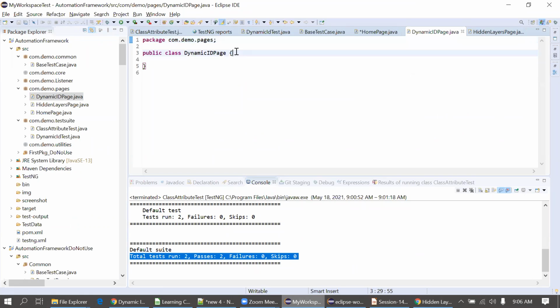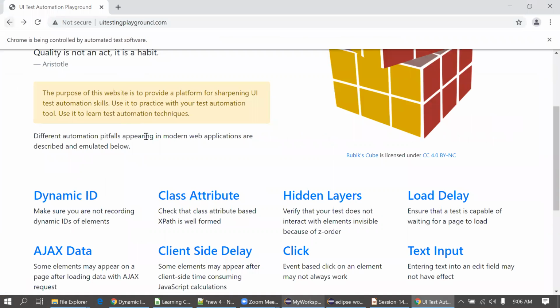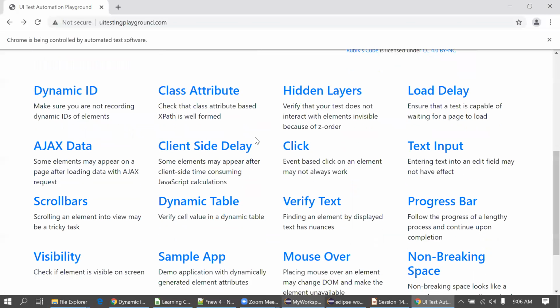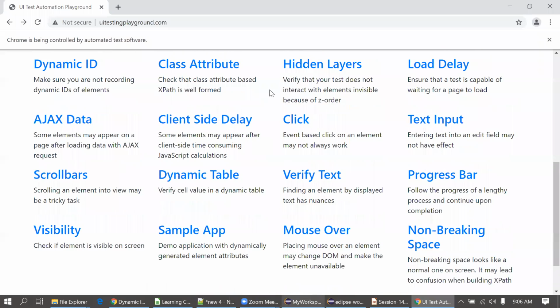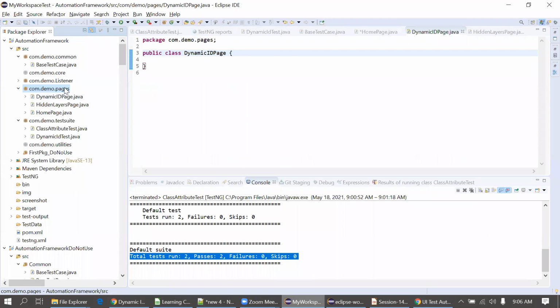Now we will see how to implement the page factory model and what a page object model is. Suppose in our application there are 10 pages. Compulsorily we have to define the 10 pages under this pages package. Now in this UI, how many pages will there be? There will be 16 pages because there are 16 links, plus this home page. So in total, 16 plus 1, 17 pages should be in this pages package.